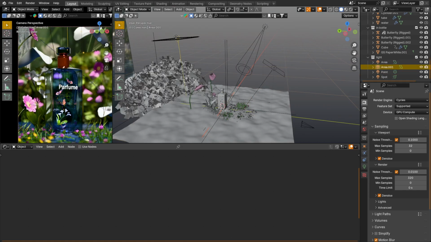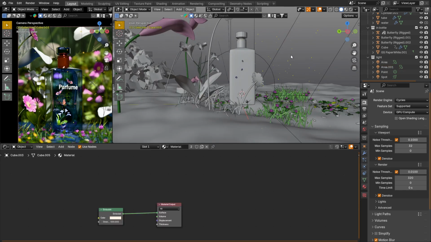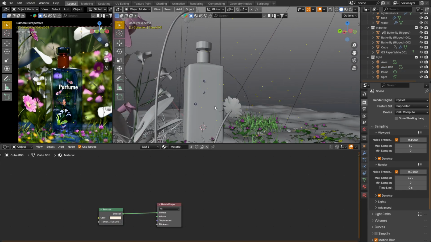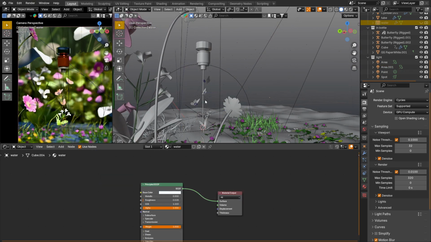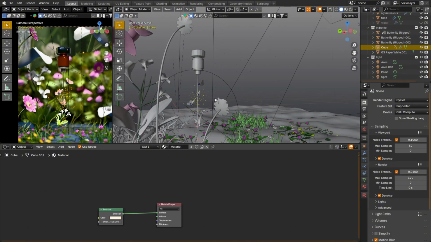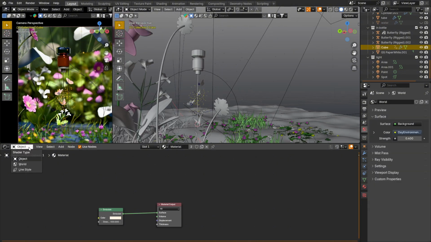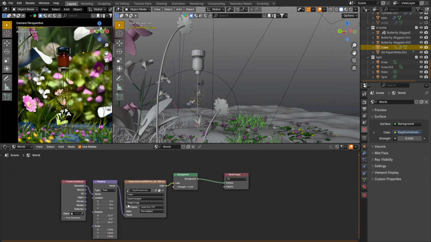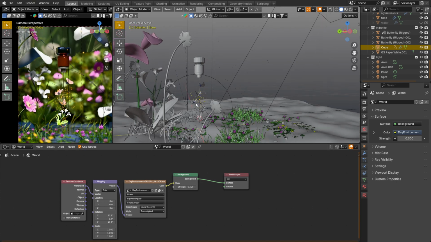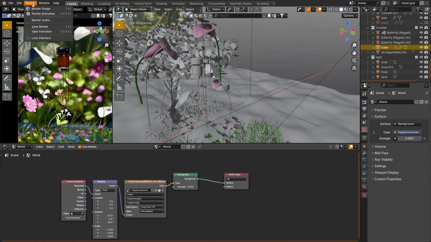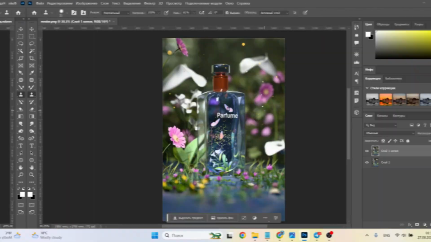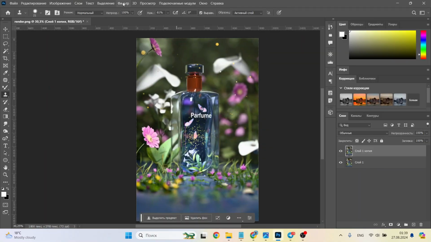I also added two light areas in front of the bottle and behind. And also assigned the emission material to two systems and geometric nodes. For the world material, I left the dry map that was at the beginning, only lowered its strength value to 0.3. So at this point I can push render image. And after rendering I got this image, but there are things that we can do to enhance it.